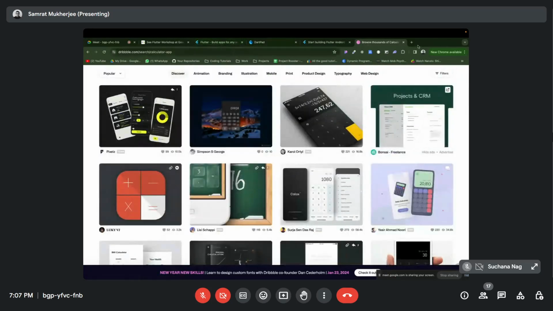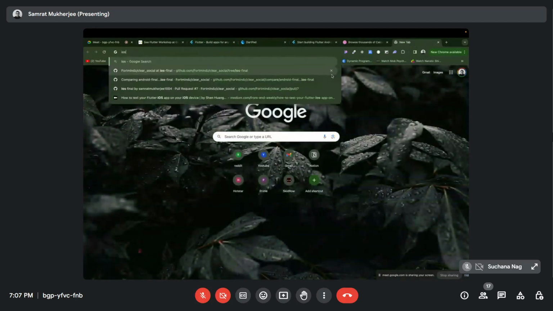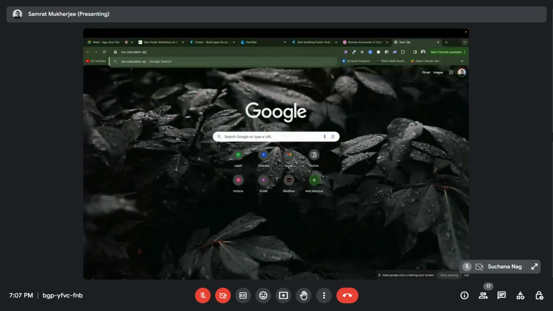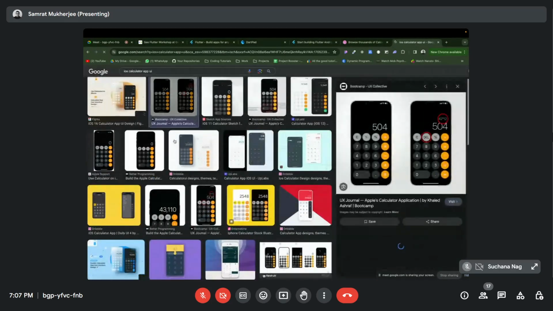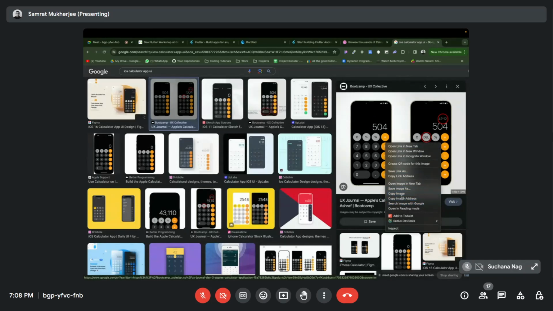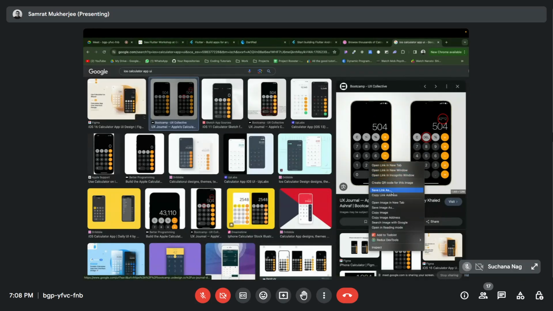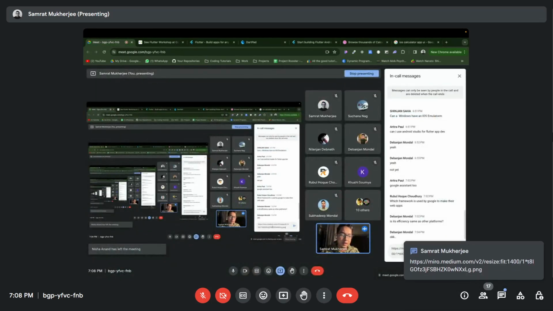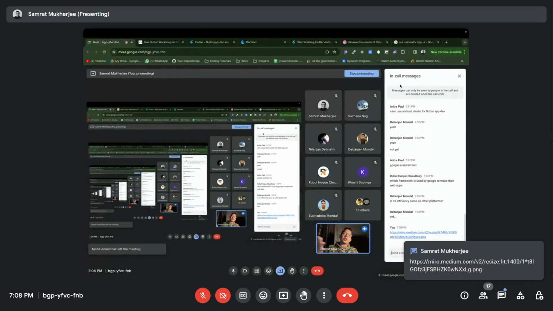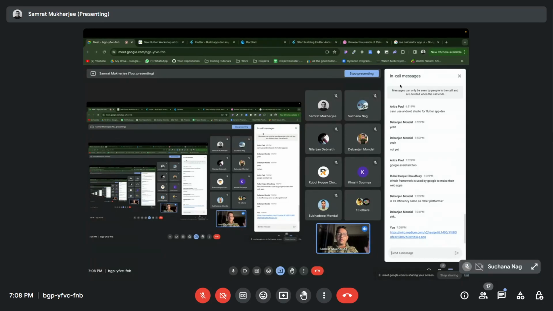Okay. So what I'm going to do is I'm going to make the iOS calculator app. So I'm going to write iOS calculator app UI. I'm going to go into images, and this is the UI. I'm going to copy the image address. I'm going to just paste it over here so that you guys can refer to it later on. And anyway, after this, I'm going to put the whole project that I'm going to make in GitHub, so that you guys can actually refer to it later on, and you guys can start getting into Flutter as well. So yes,